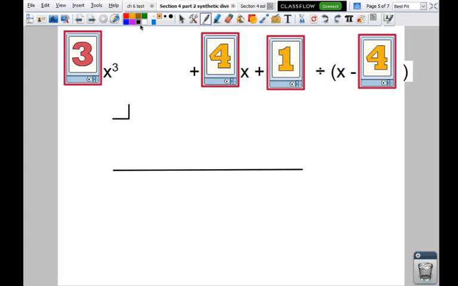So when you do synthetic division, and we kind of skipped over this part of long division, we can't just skip and go from x to the third to x. I have to fill in here plus 0 x squared. So I can't just skip an exponent. 3, 2, 1, regular number. So I can't go through and just skip one squared. So when I set this up, I'm gonna go 3, 0, 4, and 1. So I want you guys to do this one on your own, now that we got it